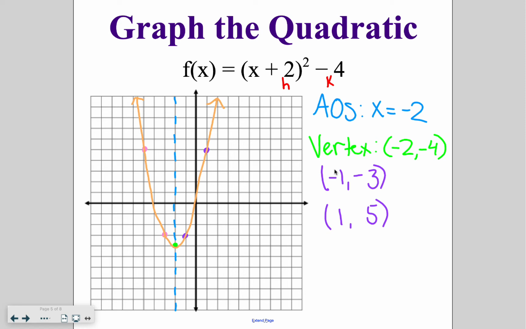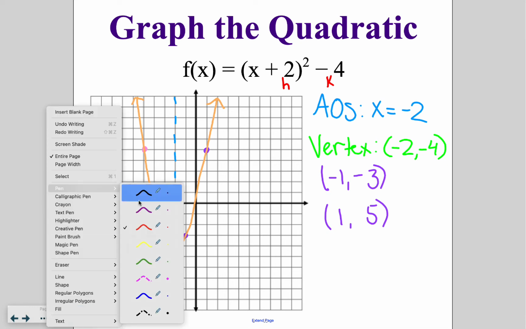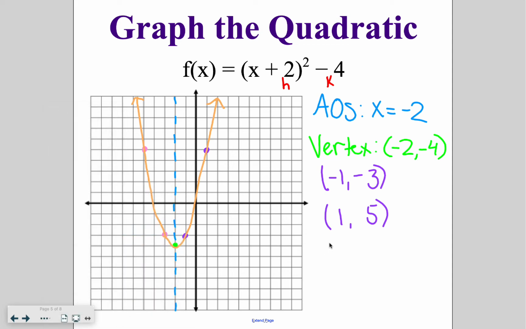Then I need to start plugging in points. In this case, I plugged in -1 and wrote that into my calculator. So -1 plus 2 parentheses squared minus 4, which gave you an answer of -3. That's that first purple point and the reflection point across the axis of symmetry. I skipped over 0. You don't have to go in order, but if you had plugged in 0, you would have gotten 0 plus 2 squared minus 4. And if you had done that, that would have given you another point at 0, 0, which then the reflection point for that one would have been at